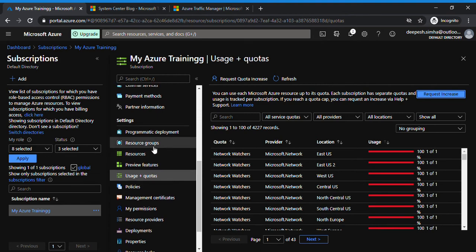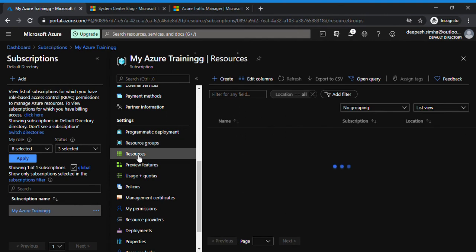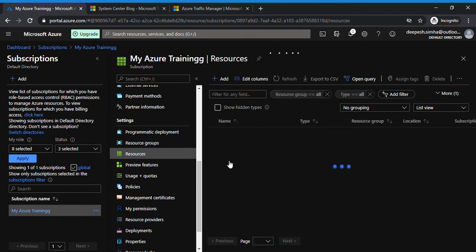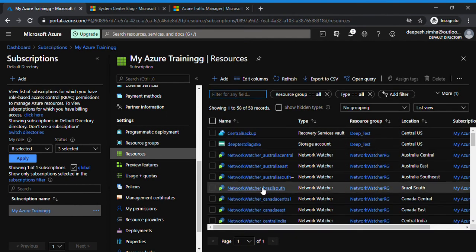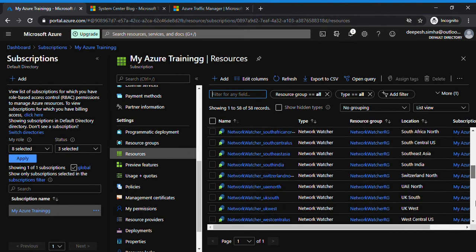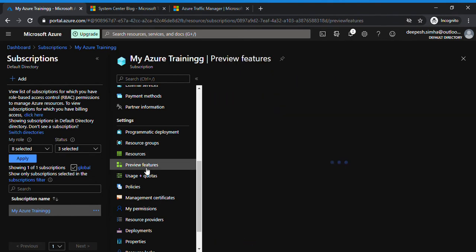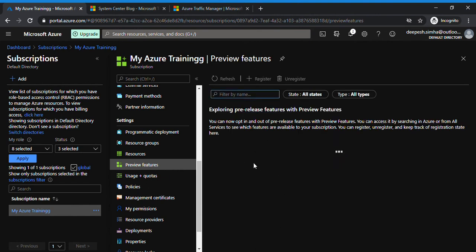I have discussed resource groups and resources. Whatever resource you create is going to pop up under all resources. Coming to preview features, there are some services available with preview features.